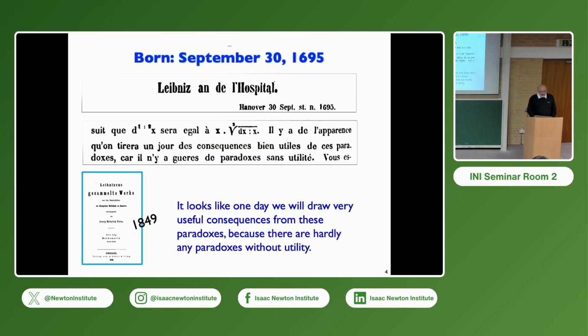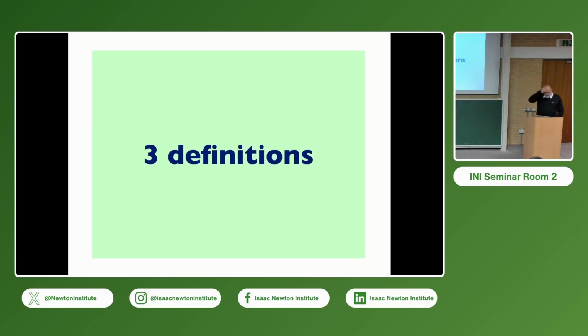One day, useful consequences will be drawn because there are hardly any paradoxes without utility. And later, the historical development led to basically three main definitions, and recently a lot of